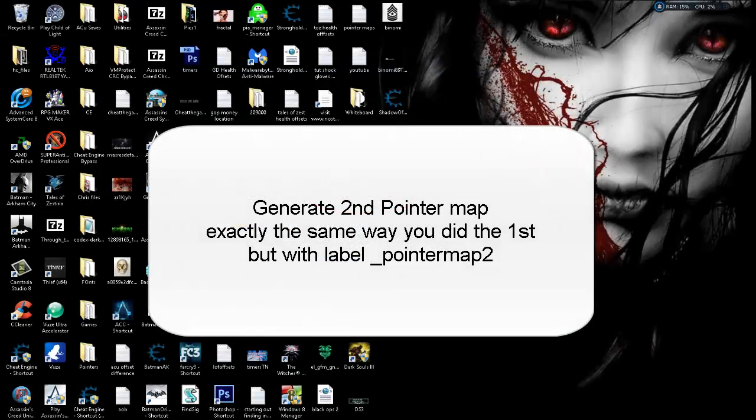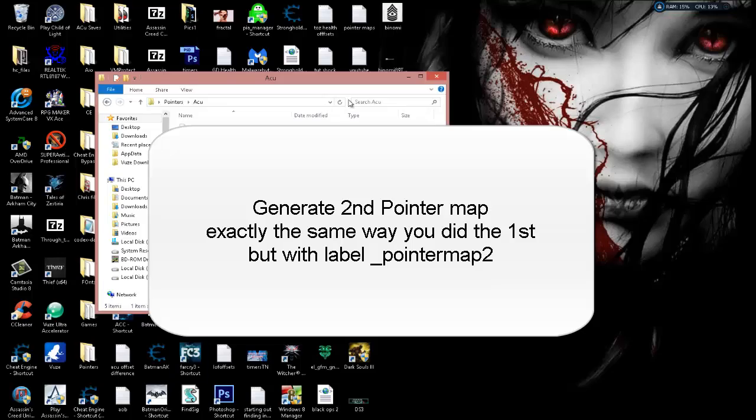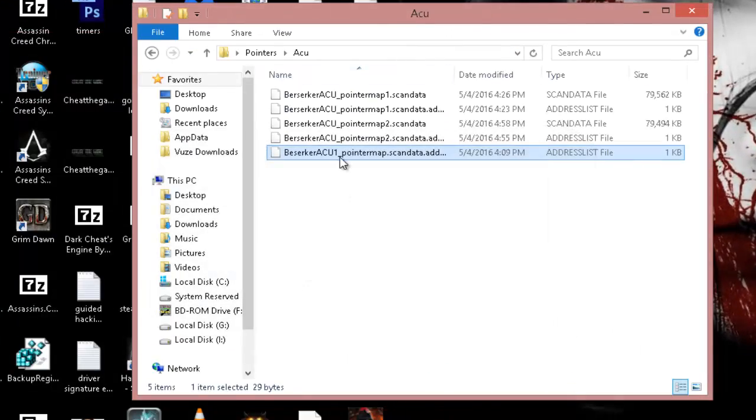Okay, so we have now successfully generated our second pointer map. I went ahead and closed the game all the way down. I've even closed Cheat Engine down. I'm just going to bring up the file location. As you can see, here's our second pointer map generated. And that's the best part about these pointer maps, is that you don't need the game up because you generated